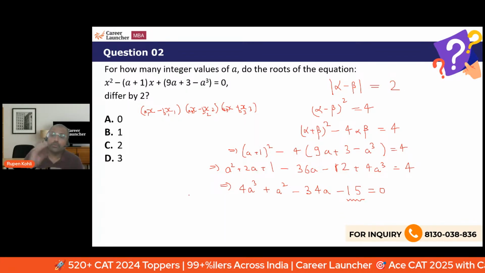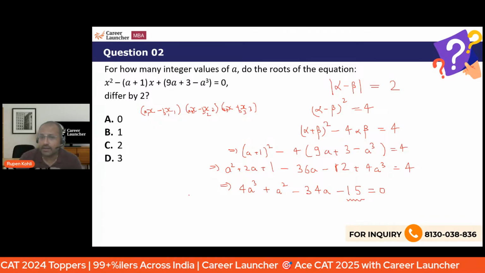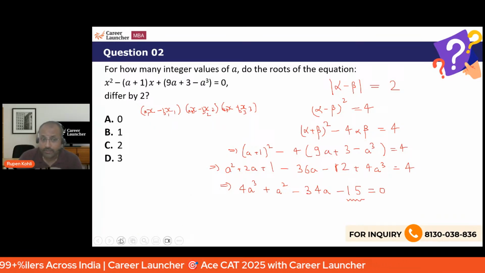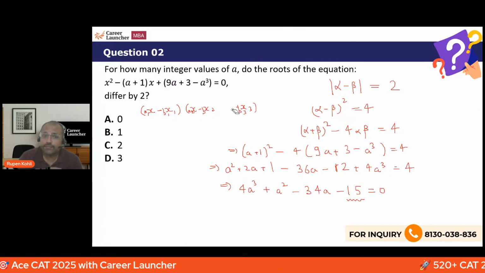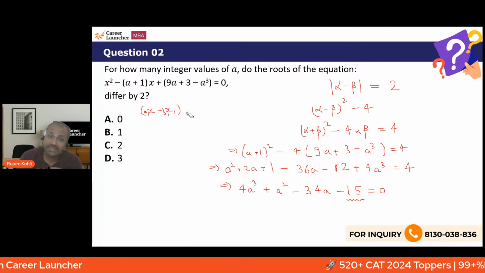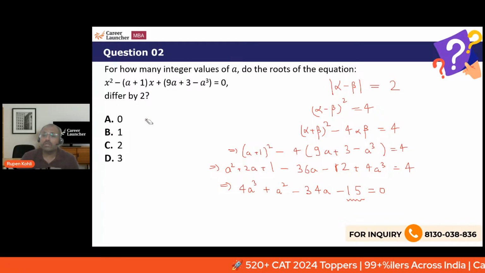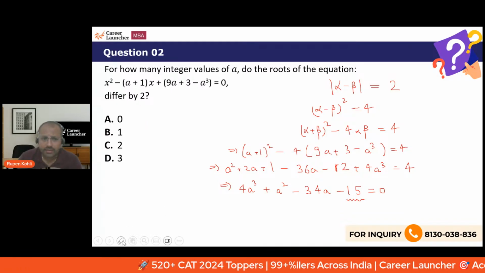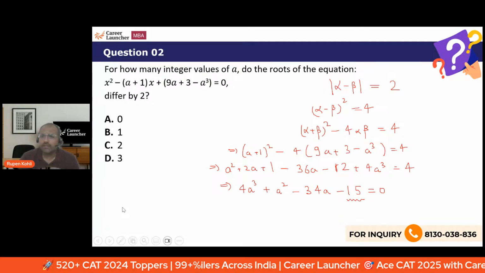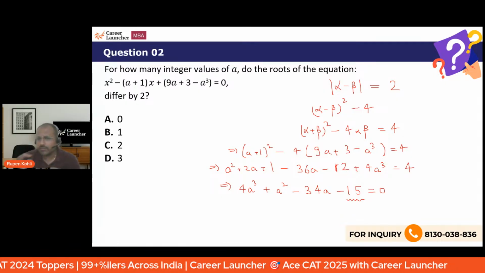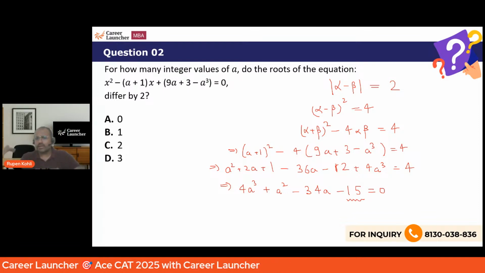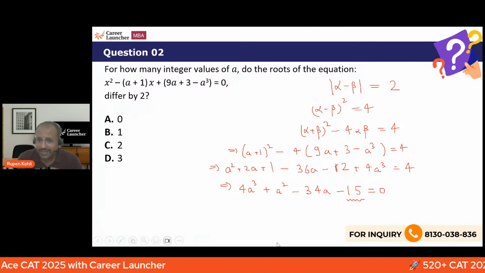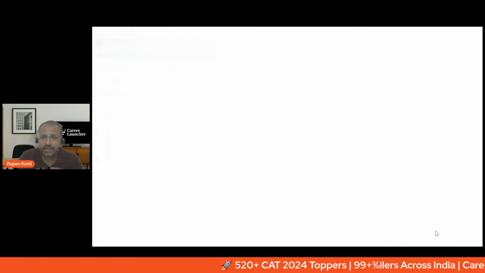So if you have to do hit and trial with the cubic equation in trying to find the integer roots, you should only try those numbers which are the factors of the constant term, because those are the only possibilities. If you don't have that logic, you will start trying very randomly. You'll try plus and minus 1, then plus and minus 2, then plus and minus 3. You'll go in a natural sequence. But here plus minus 2, you know that it can never be possible because of the fact that